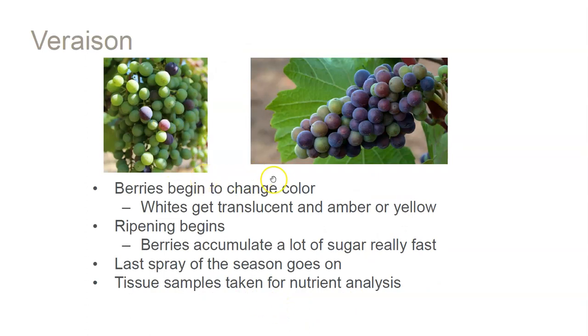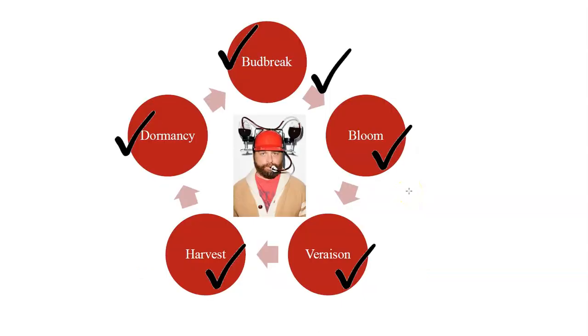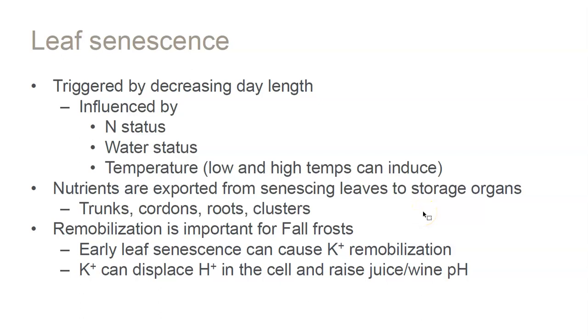Again, Veraison's when things change color and quickly ripen. I just think this is a really nice diagram that Linda Bisson put together, showing the 3 stages of berry growth, but then she also put together these 3 stages of Veraison, which I kind of liked, where it's sugar and water accumulation, then the phloem stops at about 25, 26 Brix, and then it just dehydrates after that. Okay? All right. Cool. And then finally, you get the leaf senescence, and the leaves fall off,